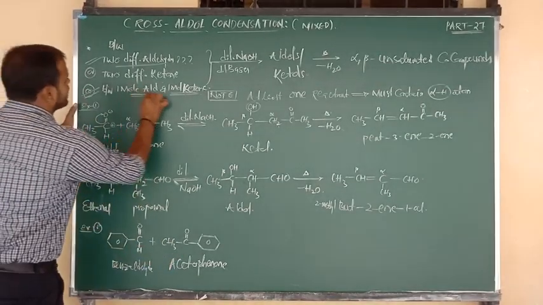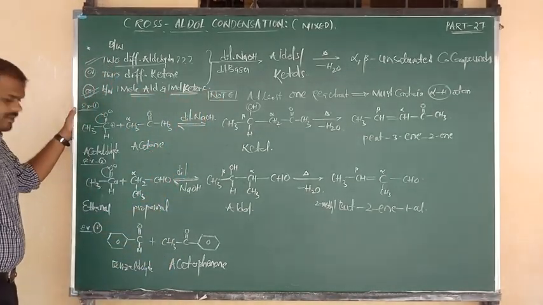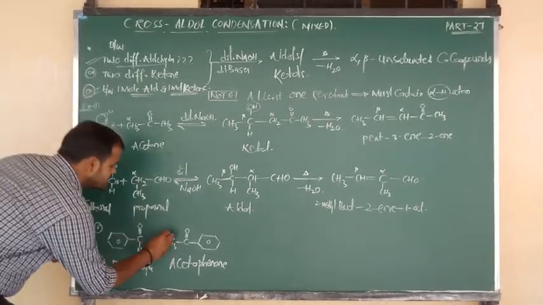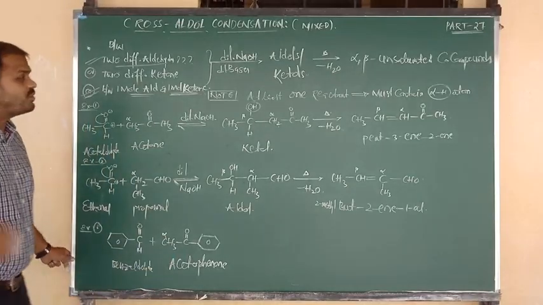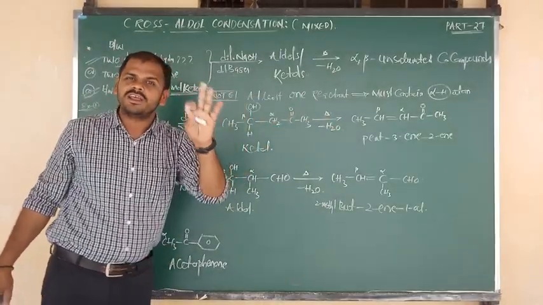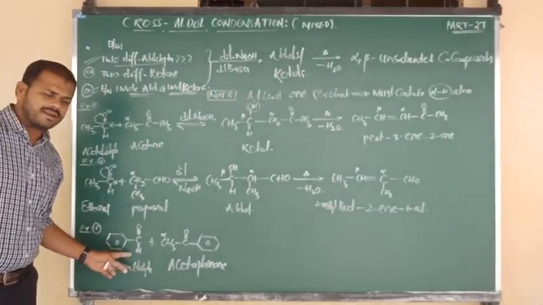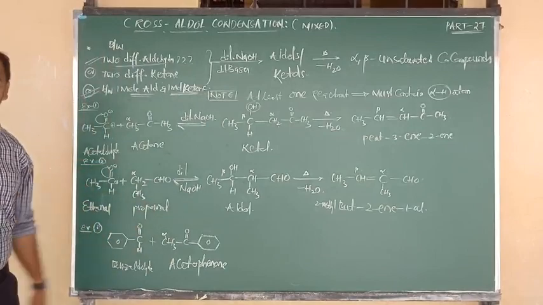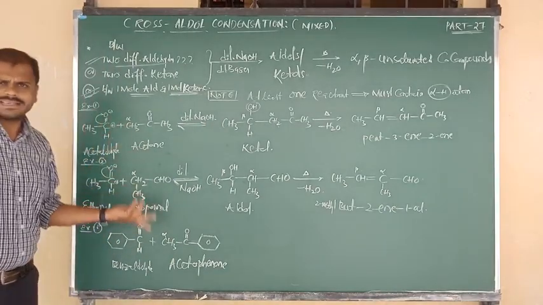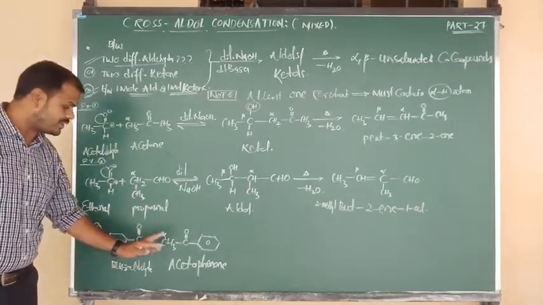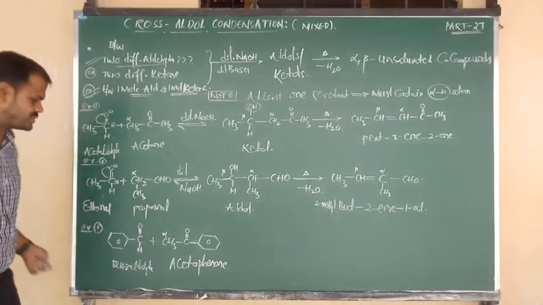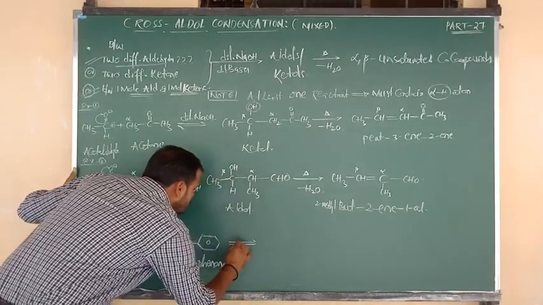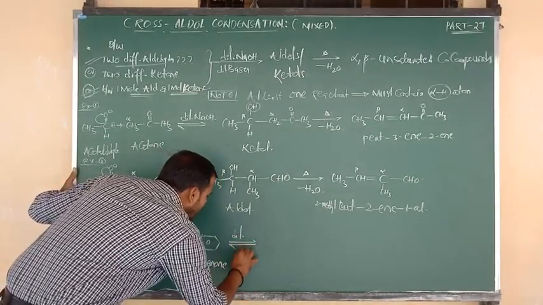It is also what we call the 1 mole of aldehyde, 1 mole of ketone category. But here benzaldehyde has no alpha hydrogen, and acetophenone contains 3 alpha hydrogens. So what I have told you: at least one reactant must contain alpha hydrogen. Now it proceeds as a cross-aldol condensation. If both contain alpha hydrogen, that is accepted, but the condition is that at least one species must contain alpha hydrogen. So this 1 mole of aldehyde and 1 mole of ketone undergo cross-aldol condensation in presence of dilute